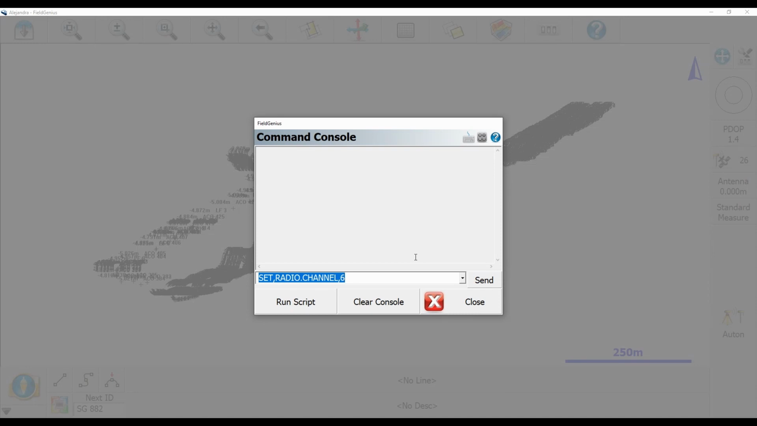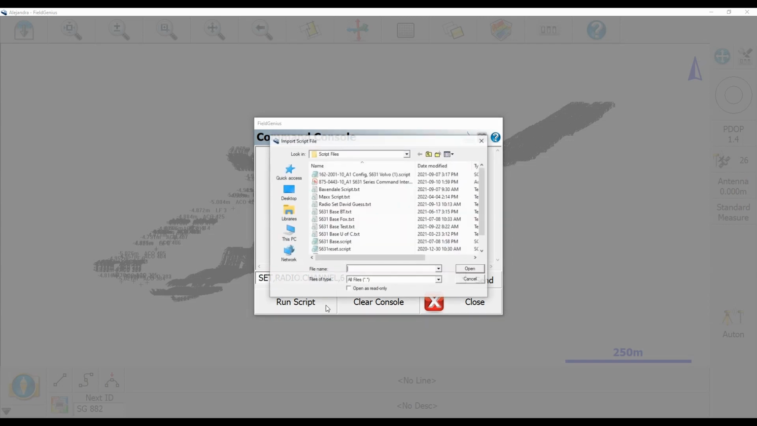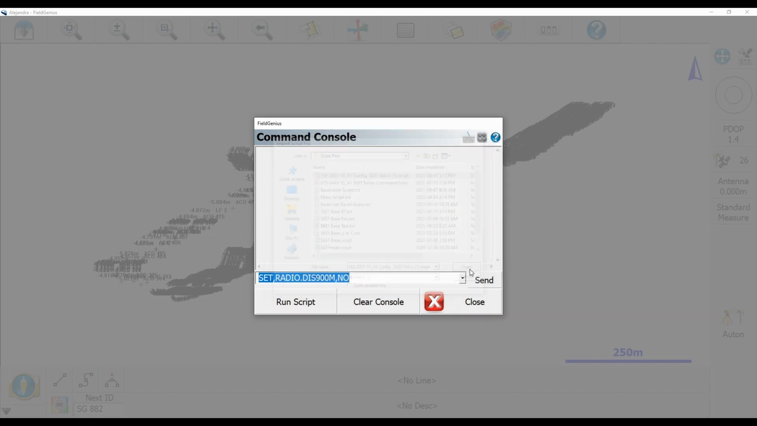Command Console, or what I can do is if I click on this Run Script option in the bottom left, I can select a pre-configured one. So I have one here that allows the Hemisphere S631 to broadcast to a Volvo machine. So what I'm going to do is click on Open, and that's going to load it into